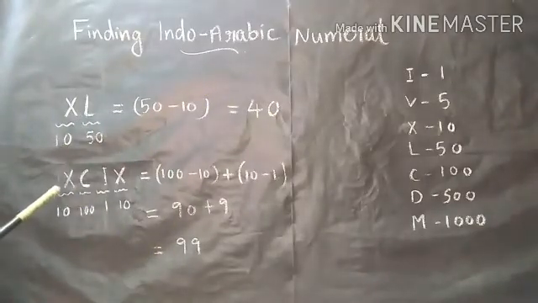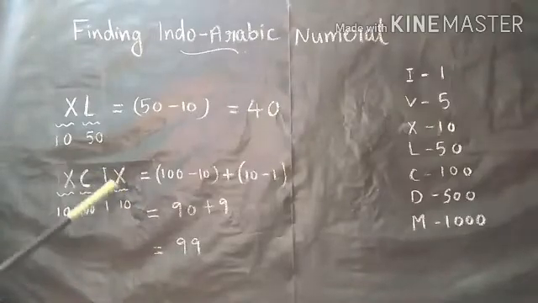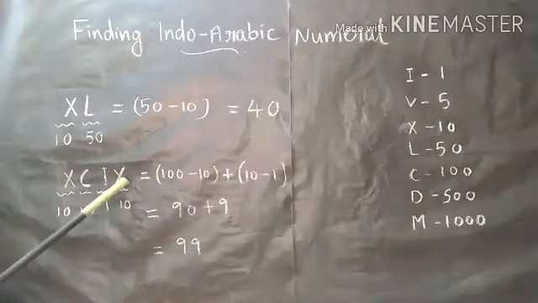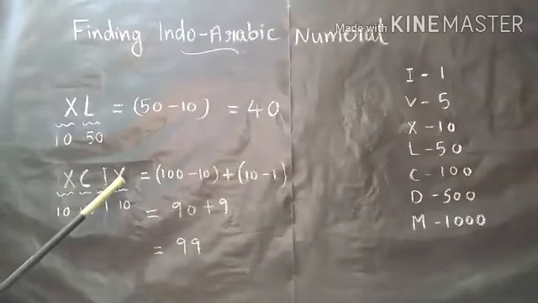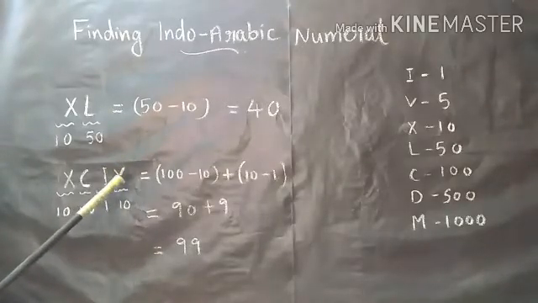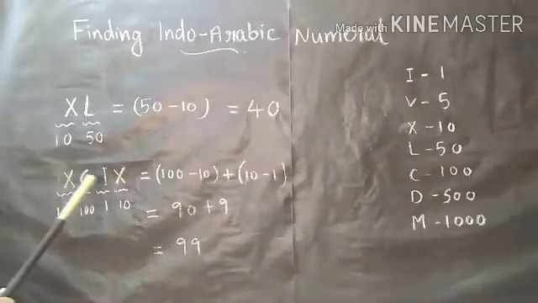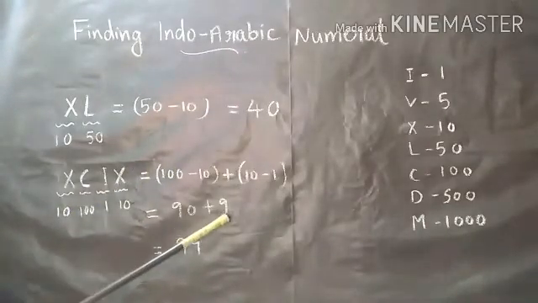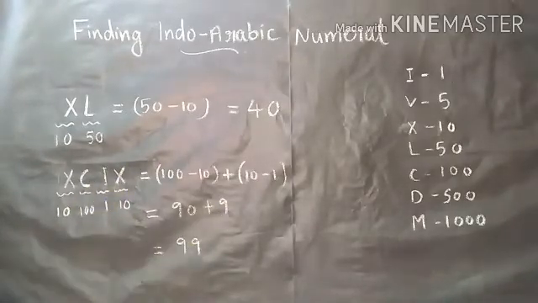Moving on to the next example. Here we have XCIX. It would be better if you start from the right side. Value of X is 10. Value of I is 1. When we consider these two letters, you can understand that the smaller value I is written on the left side of the bigger value X. So first you have to do the subtraction with these two letters to get the value of IX. That means 10 minus 1 will get 9. Now IX means the value is 9.